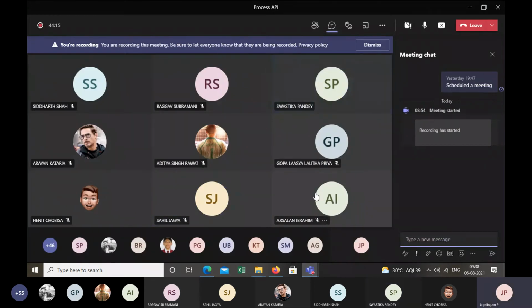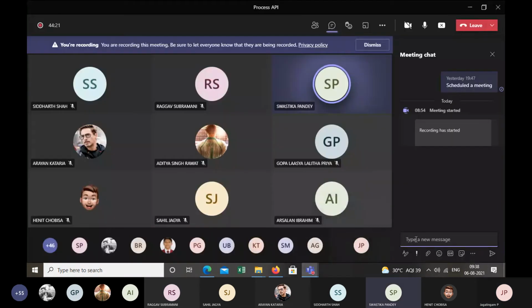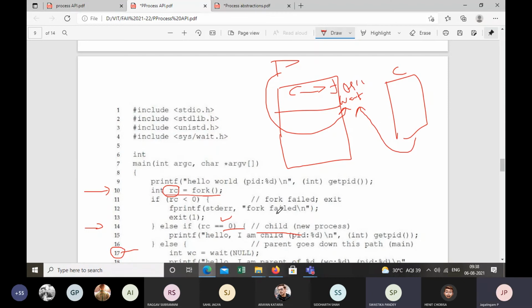Excuse me, sir. Yeah, please go ahead. How is it possible that the parent process will get terminated before the child process? Because the child process is also a part of the parent process. Yeah, good.